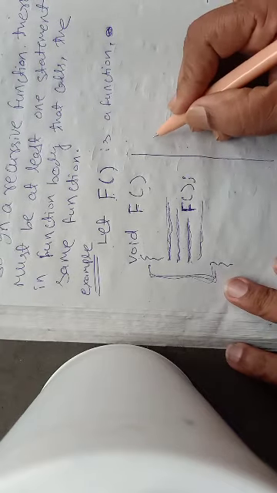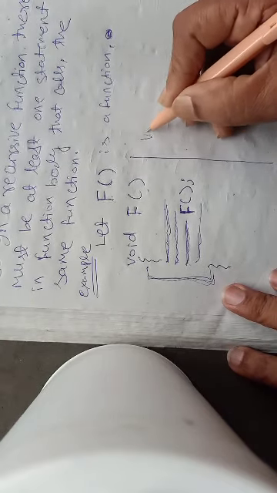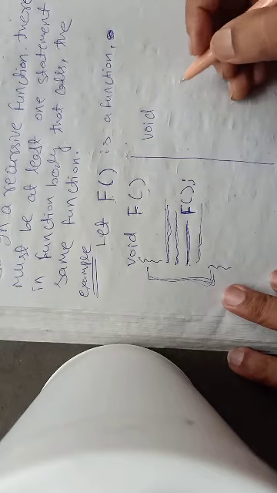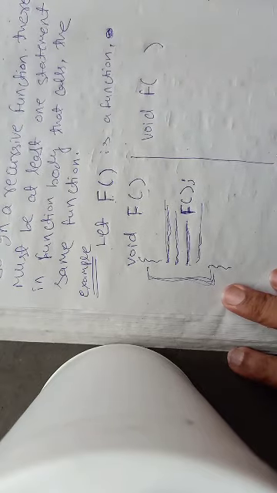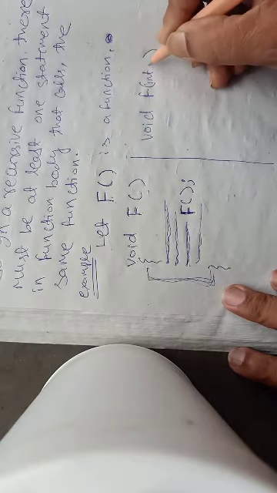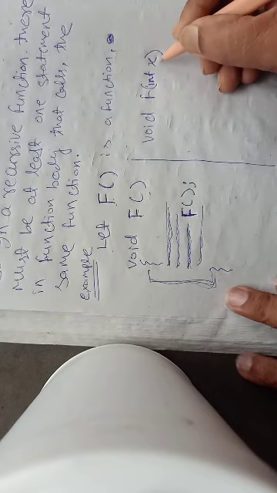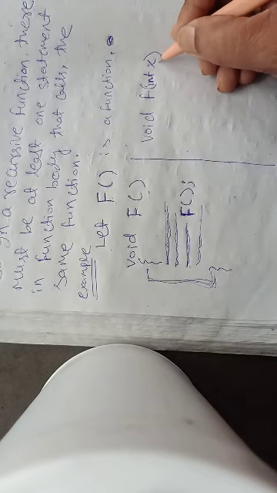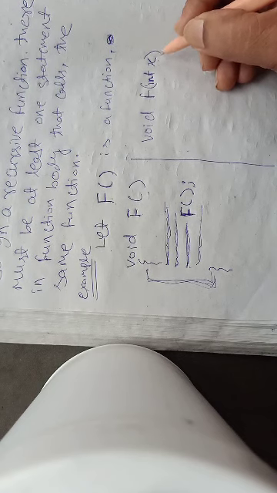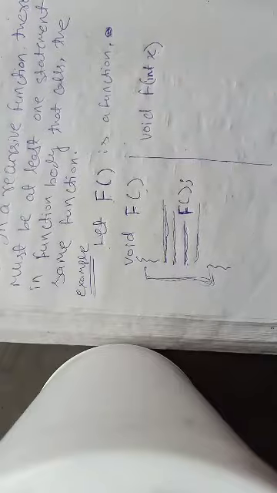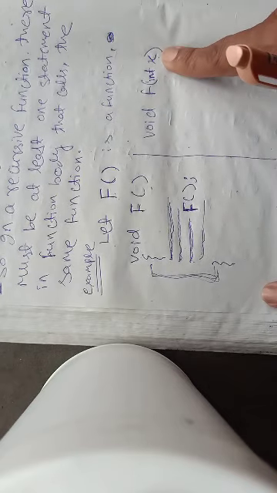Suppose I create a function void f, and then here I have written int x. So what is x here? x is a parameter, a variable in which some value is obtained whenever function f is called by the main program. If this function f is called, then at the time of the call some argument must be passed, and that argument must be an integer value, and that integer value must be stored in x.